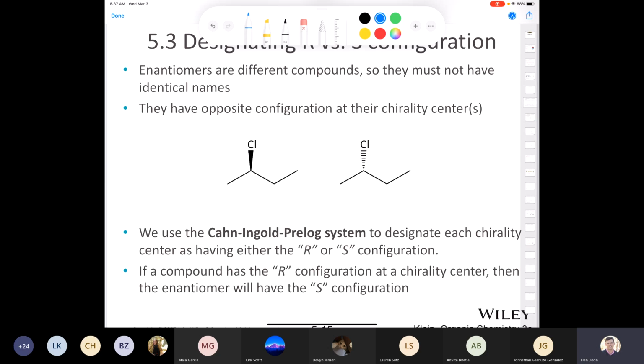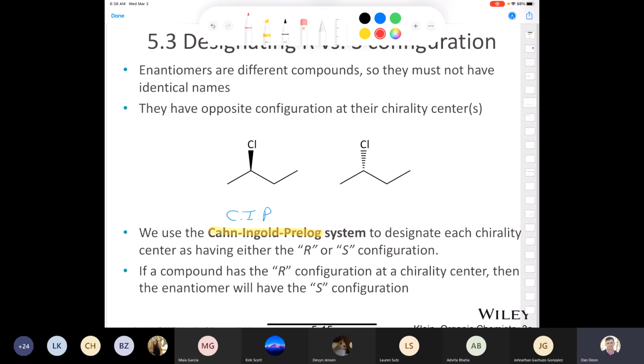Again, enantiomers are unique. They're different compounds, so they must not have the same name. So how do we denote the difference between these compounds? We use what are called the Ingold Prelog rules, or the Ingold Prelog system. Sometimes you'll see it just abbreviated, the CIP. Anyhow, it's developed by these 3 scientists, and we designate the chirality of each center as having R or S